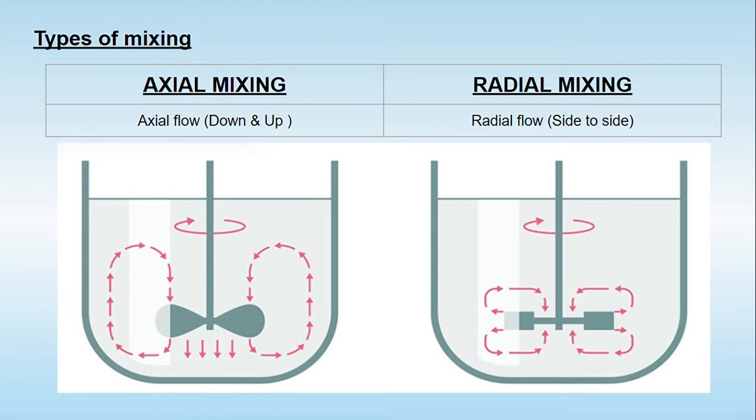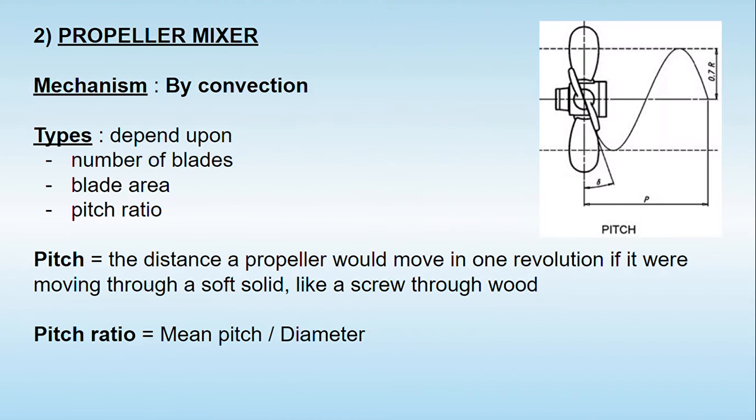Keep in mind that the agitator which provides the power, to which these blades are attached, is rotated as shown in the diagram on the longitudinal axis of the container, but only the design of the blade will decide whether axial or radial mixing will take place. Both have their own pros and cons, so depending upon that we can select a specific blade.